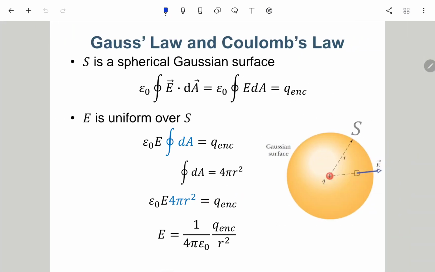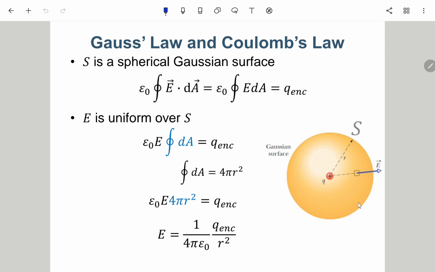Okay, so on this page, it tries to tell you that the Gauss law is actually compatible with Coulomb's law. It can get the same result as Coulomb's law. So they are compatible, 就是它们是相容的，它们是可以得到一个共同的结论的。Okay. So here, suppose we have a positive charge Q here, and then we try to define the Gaussian surface to be spherical,